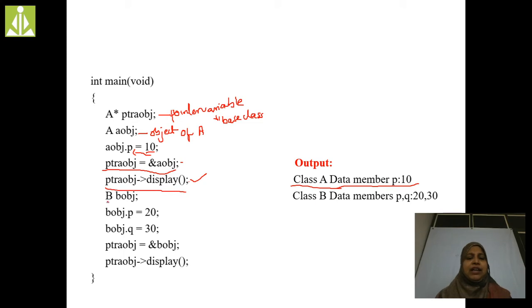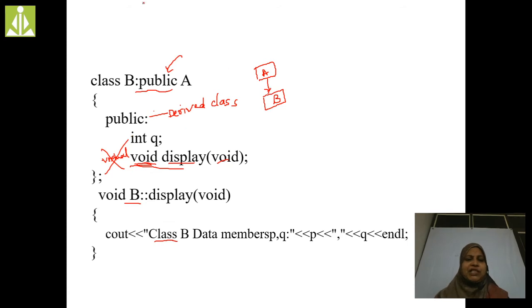Now I am creating another object, for class B. Here I created the object for class A, and here the object for class B. Class B is inherited from class A. What data members are present in class A?